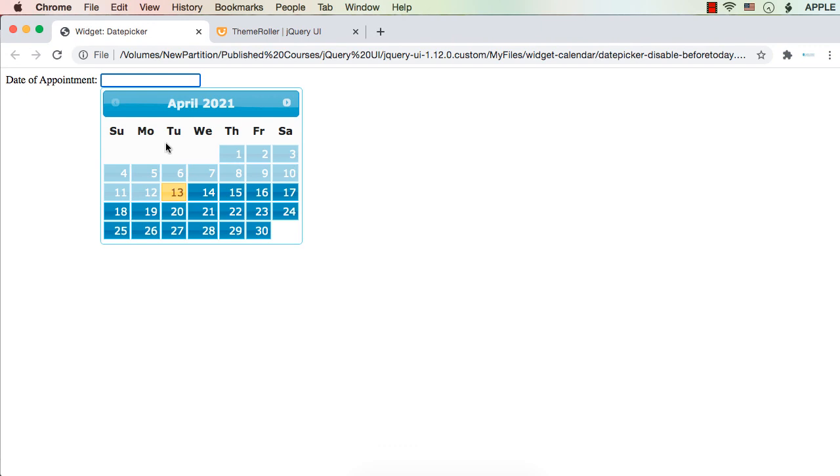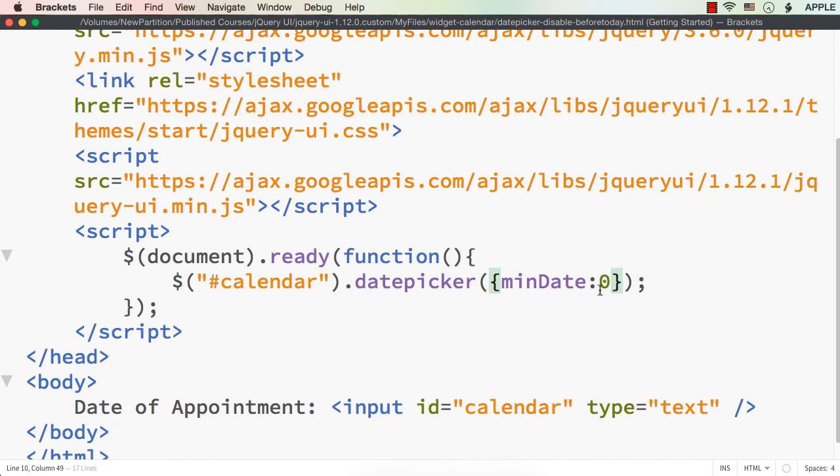So if you are developing an online appointment system, obviously the dates before today or before the current date should not be selectable, right? The user should not be able to select a date like 5th or 12th as his appointment date, as it is not practical. So here you can specify the minimum date as 0. If you want, you can pass date object or even string values to this minimum date option. But as we want to disable all the dates before the current day, I'm using the number option and specifying 0 as the number. If you do not specify anything, all the dates will be selectable as we have seen before.